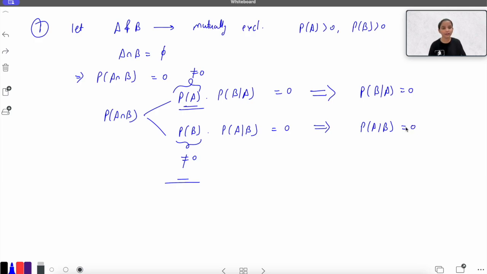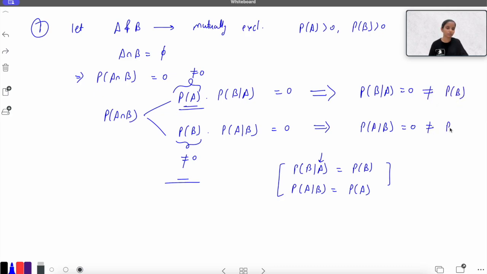But for the independence, we have just seen that if I want A and B to be independent, then probability of B given A has to be equal to probability of B. It should not depend on A, and simultaneously probability of A given B has to be equal to probability of A. But here they are coming out to be 0, and they are not equal to probability of B, and here it is not equal to probability of A. So from here you can say that two